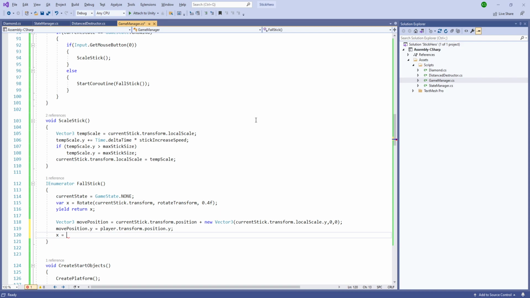And similarly, we'll set the x to be the move, and here we'll pass the player dot transform, and we are going to go toward the movePosition, and the time, let's set it to be 0. So the player will move there, then we'll do yield return x, and afterwards